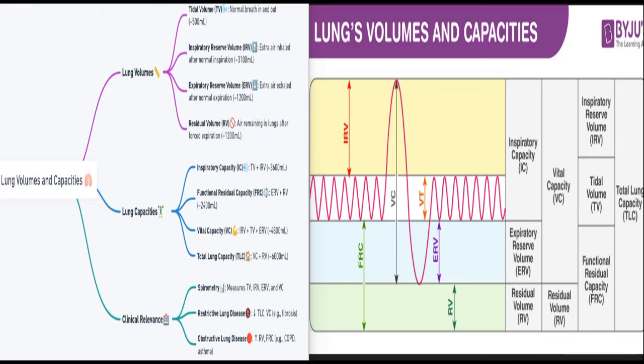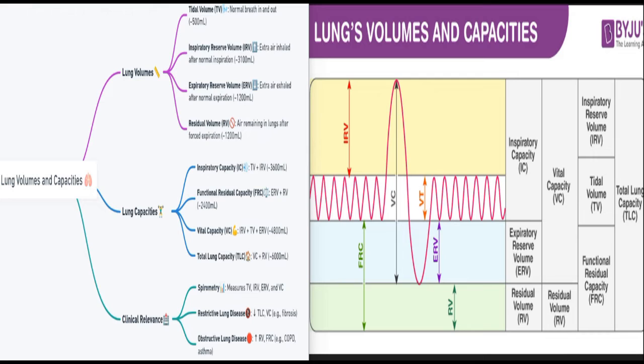And respiratory capacity is crucial for oxygen delivery as it determines the volume of fresh air reaching the alveoli. A higher respiratory capacity improves alveolar ventilation, ensuring better oxygenation of the blood and removal of carbon dioxide. And when it comes to the role in exercise physiology, during exercise, respiratory capacity increases to meet the higher oxygen demand. Athletes and individuals with good lung condition have a higher respiratory capacity, allowing them to maintain endurance and reduce